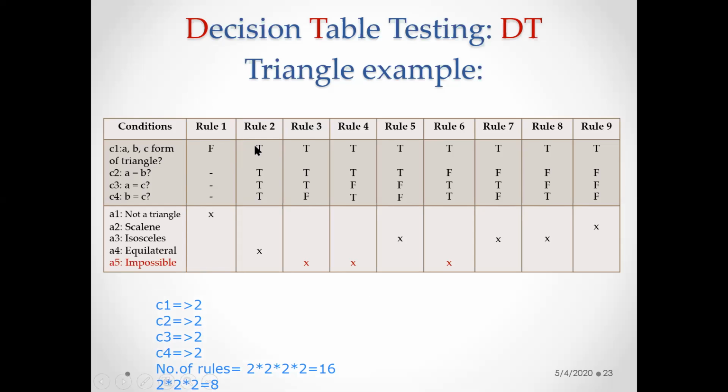Now I'm just saying that whatever ABC condition is there for checking the triangle, it is holding good. So it is okay. Now A is also equal to B, B is also equal to C, followed by A is also equal to C. So with respect to this, you can form an action as equilateral. This is the condition that I have taken, and the action is nothing but the output that I'm choosing. Not a triangle is an output, scalene is an output, isosceles is an output, equilateral is an output, impossible is an output. Impossible cases, we'll just see later. Don't worry about it. The next rule itself will be defining it.